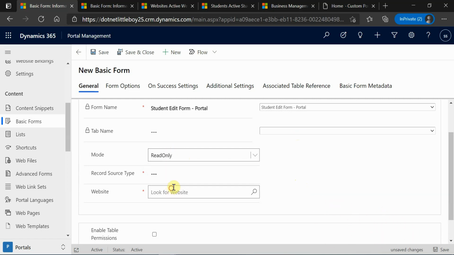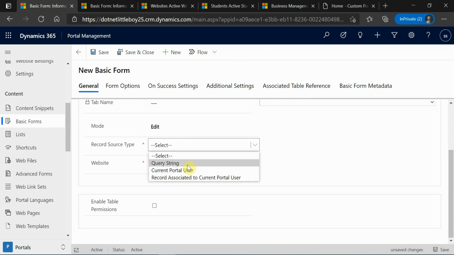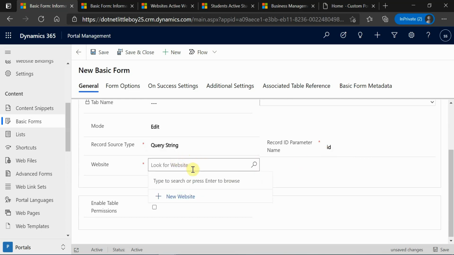But when you select the read only form, then at the bottom you will not have the submit button, and you can't edit anything on the form. So if you want to make some changes and you want to submit, I mean after doing the changes you want to update the details of the record, then you will use this update button on the form when you open this particular record on the portal. So I'm using this mode as edit because I want this to be editable type, and here the record type will be query string, and this will be taking the id here, and it will be for the website